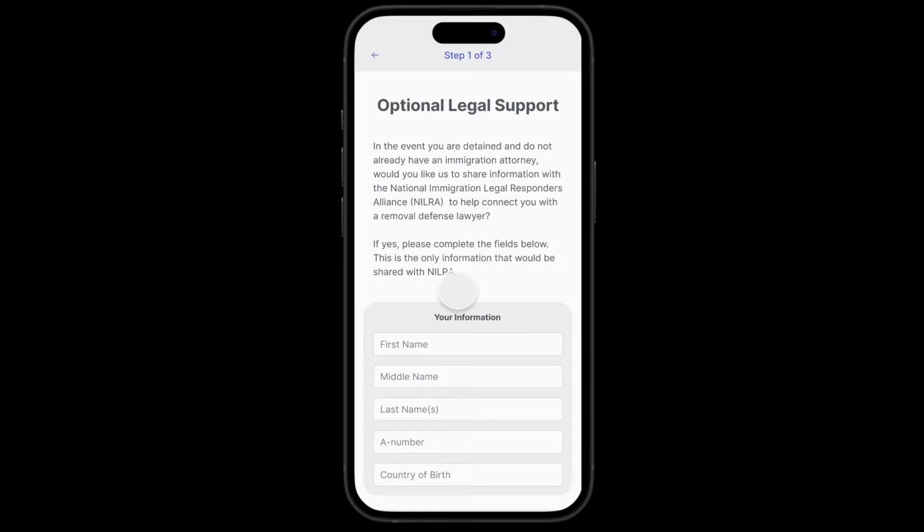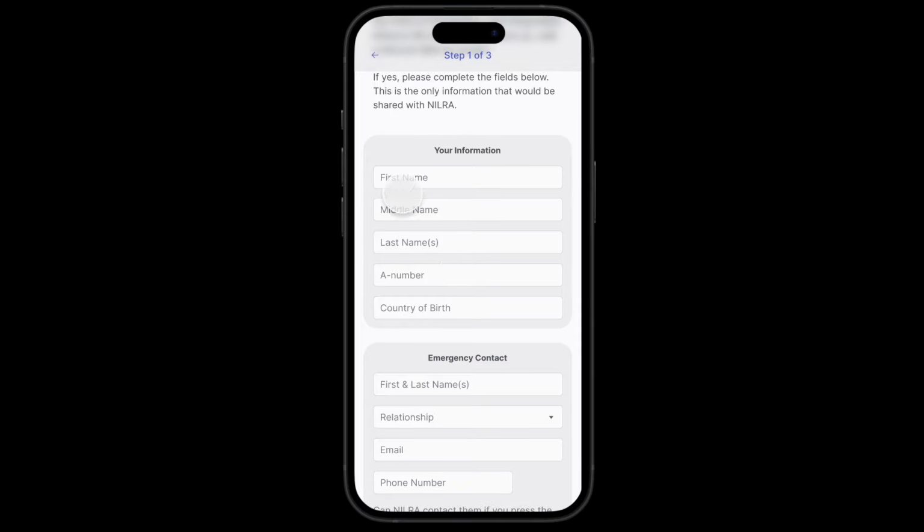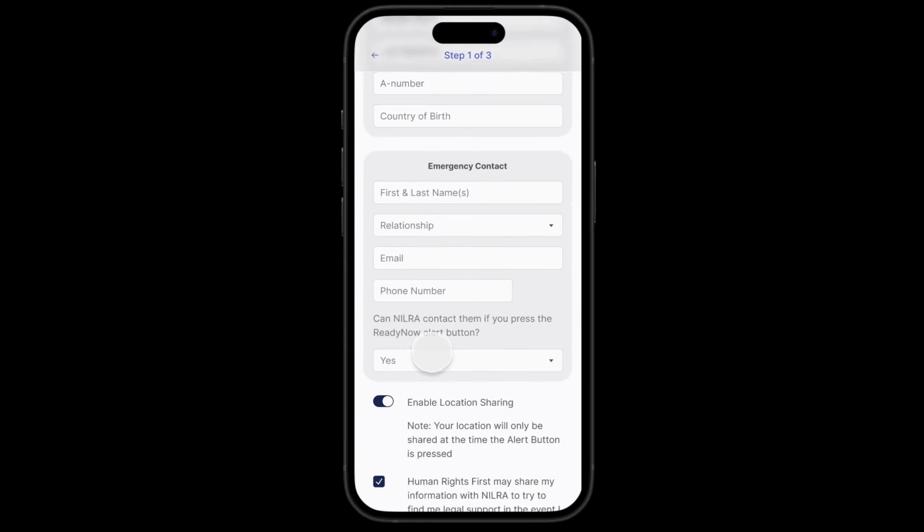It does not guarantee legal support, but it registers you within the intake for this pro bono network of immigration attorneys that conduct removal defense. So if you choose to opt in to this, you press into these fields to fill out your first name, your middle name, your last name or names, your A number, your country of birth, and then also an emergency contact name, the relationship of that person, which is a drop-down, their email address, their phone number,